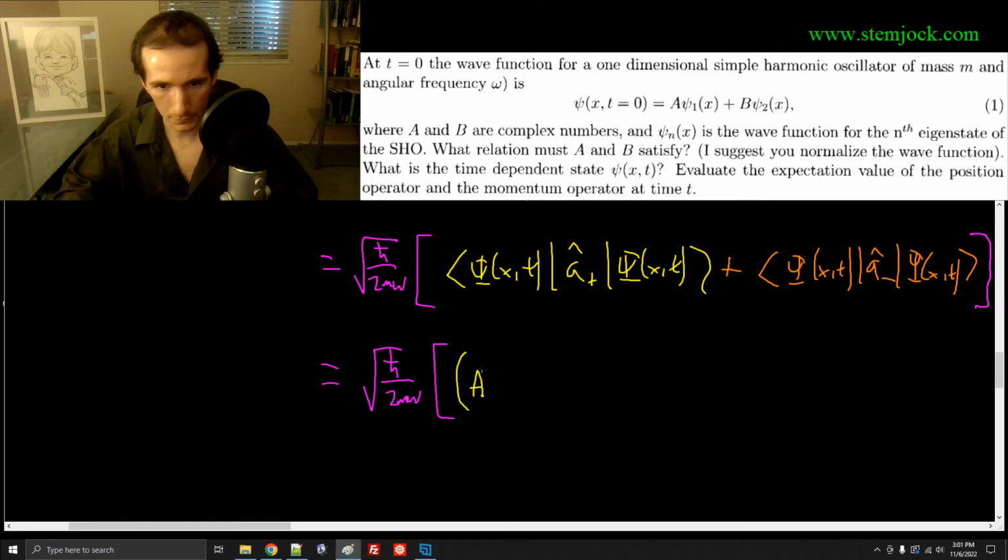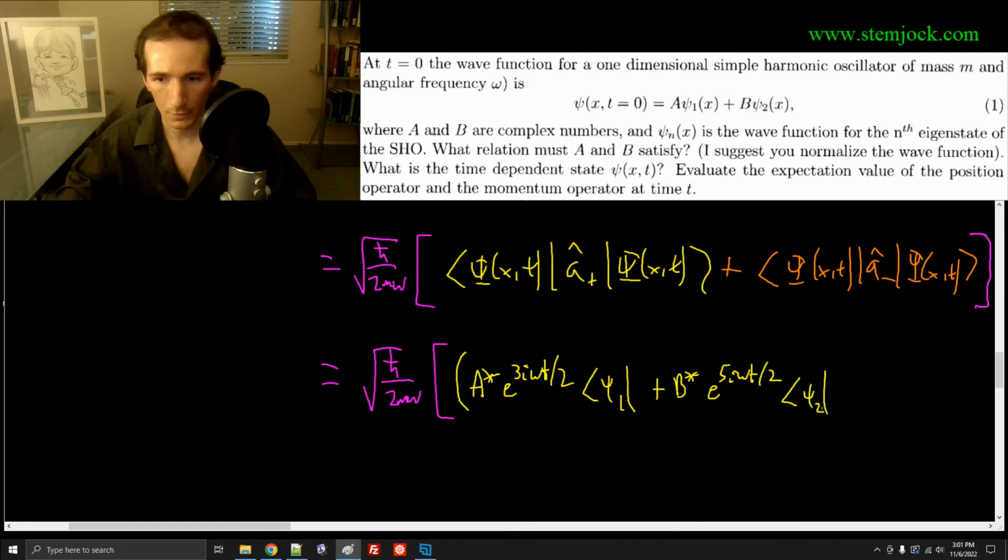So this is a star e to the 3I omega t over 2, bra psi 1 plus b star e to the 5I omega t over 2, bra psi 2,